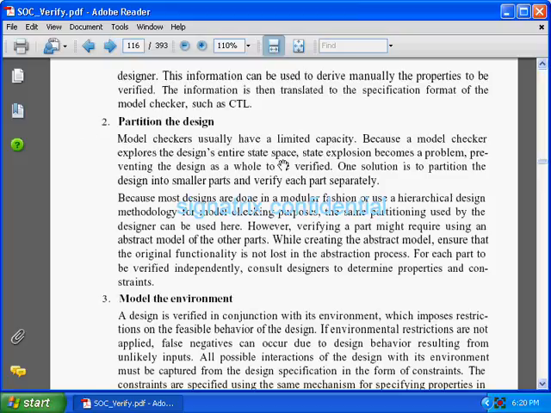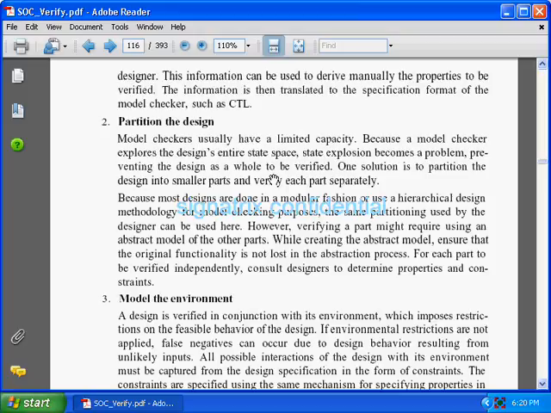If you give more code as input to your formal verification tool, you know that it will mathematically explore the whole space. So one problem that will come is the state explosion problem. That problem means your design is not fully verified. Each and every nook and corner of your design is not verified. So what is the solution?